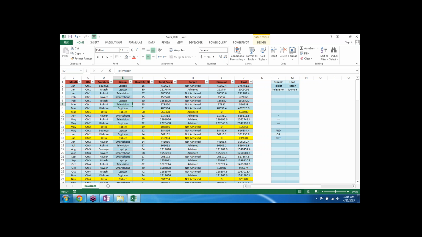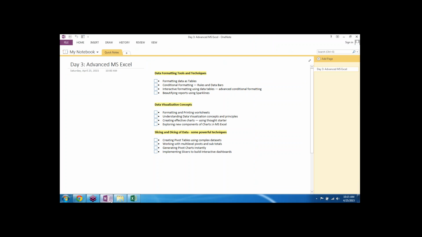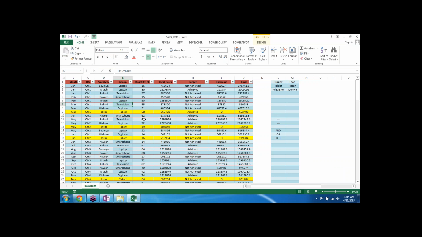Now, before we move on to the next point or next topic, I would like to show you something over here also, that with the conditional formatting that we have given, it is also possible to make some charts or graphs within the data. So if you have some data and you want to make some charts or graphs, then it is also possible using conditional formatting. So now, let's take an example that you want to see how my numbers are looking.